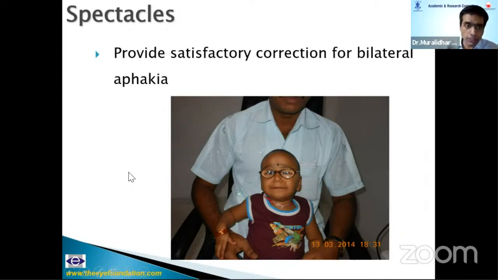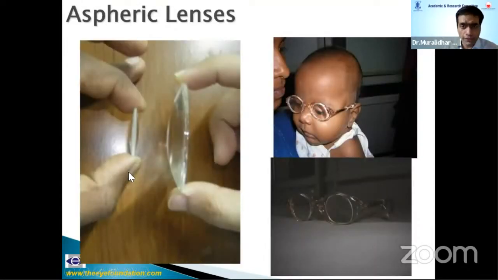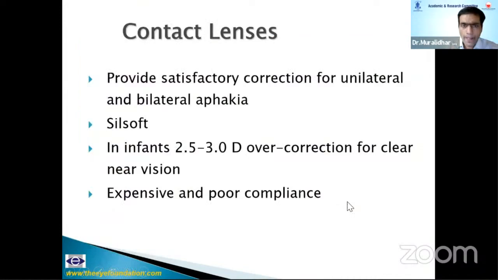There was an audience question, how would you manage these microcorneas? Yes, for less than 9 millimeter corneas, I do not implant an IOL in the pediatric age group. And for bilateral, aphakic glasses are the treatment of choice. Now, the Silsoft lenses can be given for a couple of patients. I have, for many patients, used these unilateral aphakics and taken them for secondary IOL once they were over 1 year of age. So contact lenses, once again, I want the SN faculty to comment.